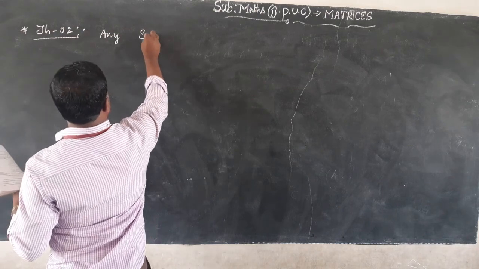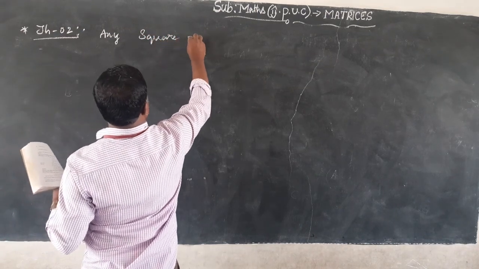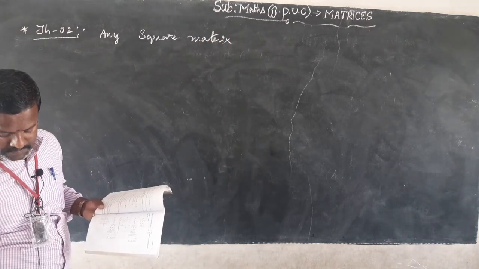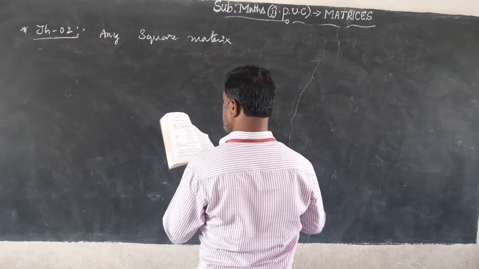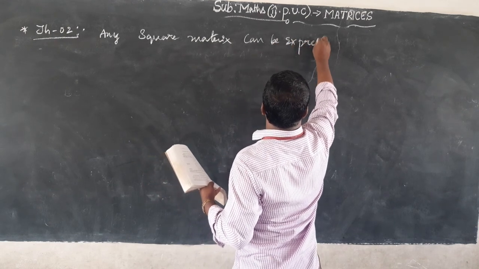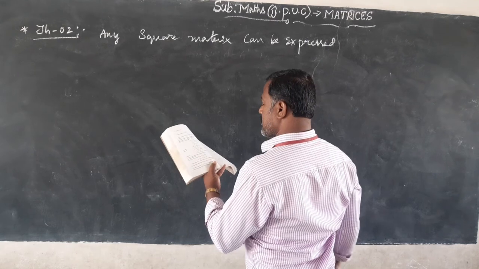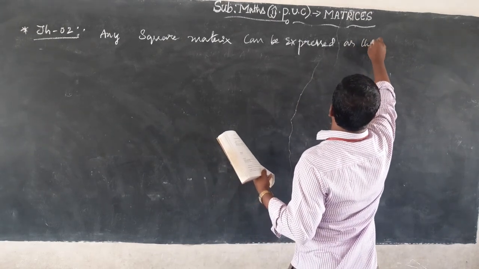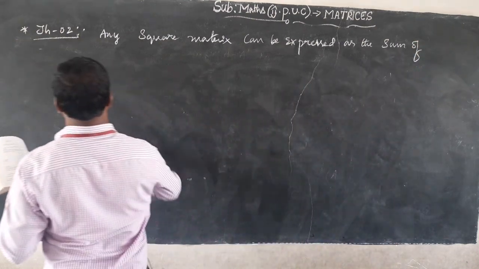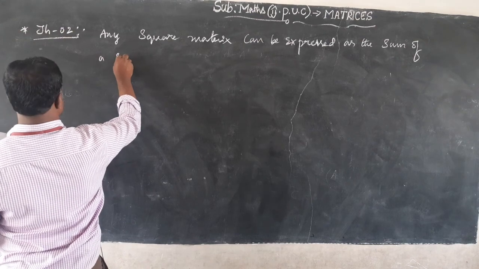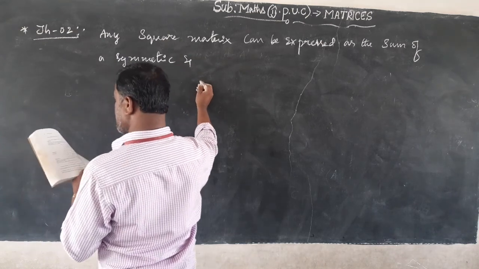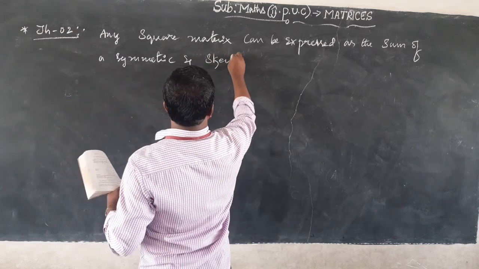Any square matrix can be expressed as the sum of a symmetric and skew symmetric